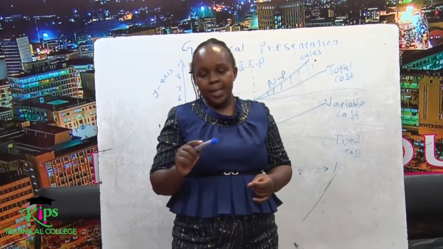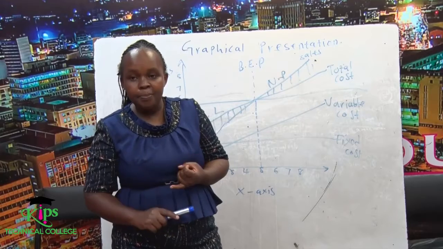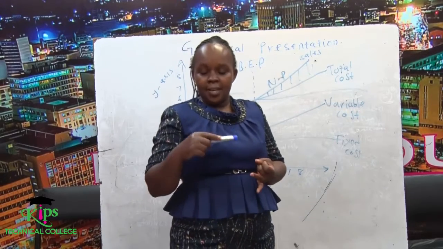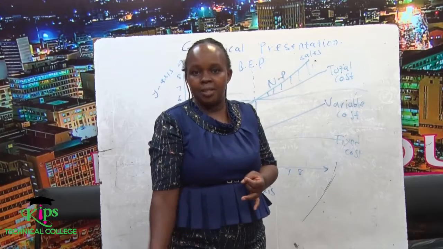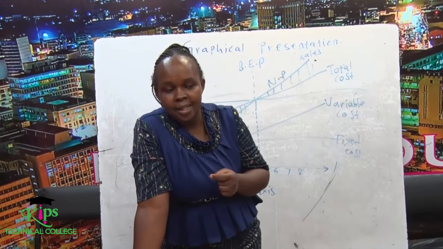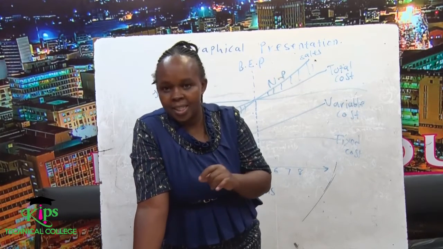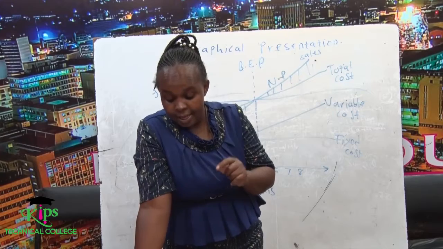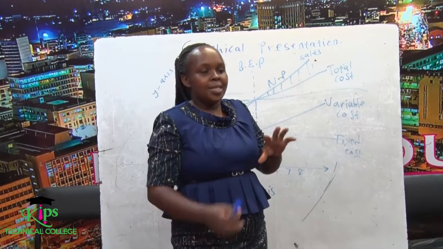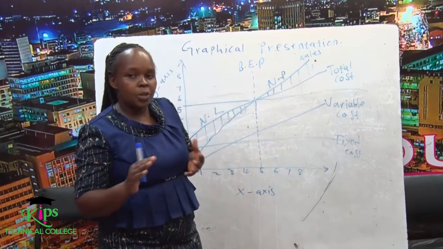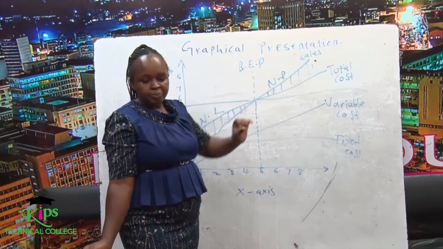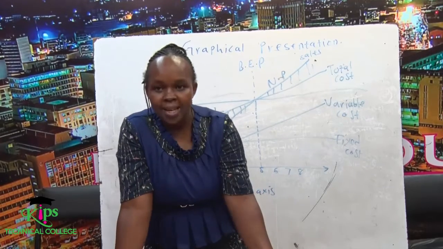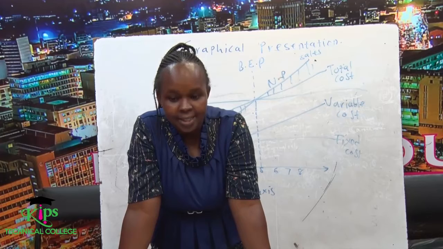So this means the selling price, the variable cost, the fixed cost, and the method of production are the same and not changing, which is not realistic because you find the prices of ingredients are changing day and night. That's why we say it is an assumption, because it would be difficult for us to have a break-even point. Now, what are the uses of a break-even chart?